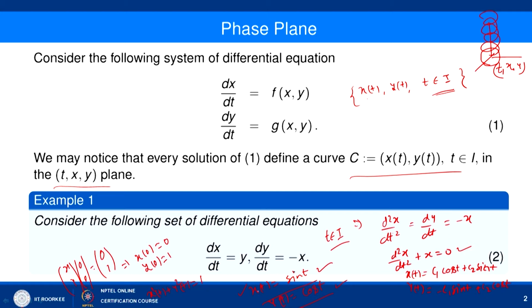So, it means that this will form a circle on the xy plane, and that will represent the curve traced by the solution on the xy plane as t runs over some interval I here. So, for the time being let us take this interval as 0 to infinity. When t starts from 0 to infinity, it keeps on moving on this circle infinitely many times. Okay. So, the curve traced by the solution as t runs over I is known as the orbit of the solution in the xy plane, and the xy plane is known as the phase plane.